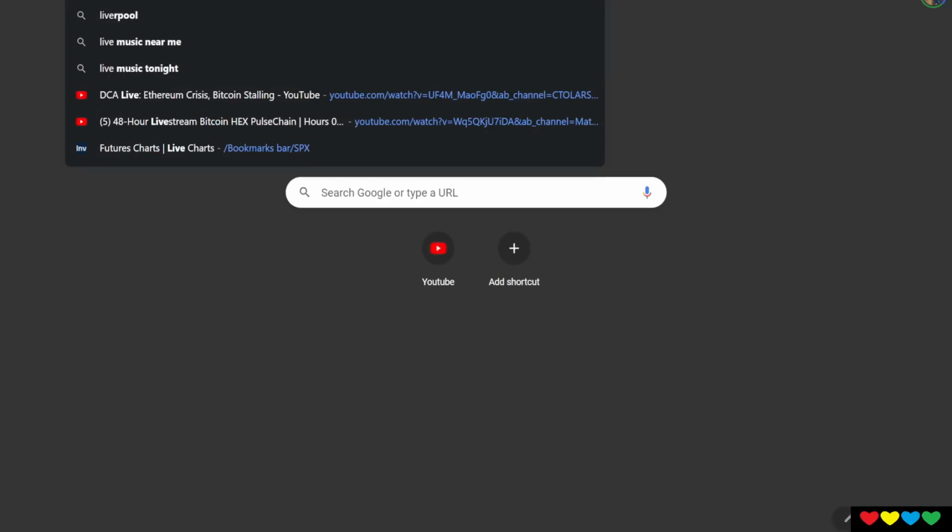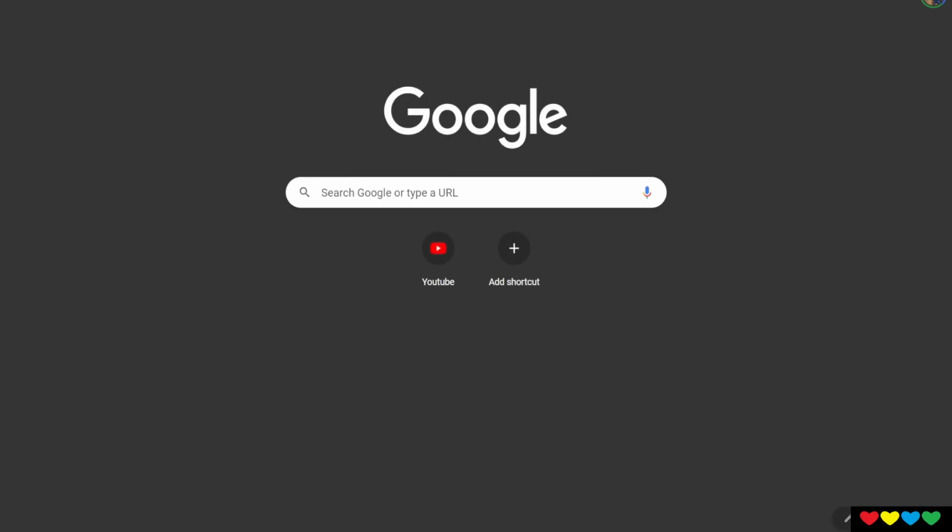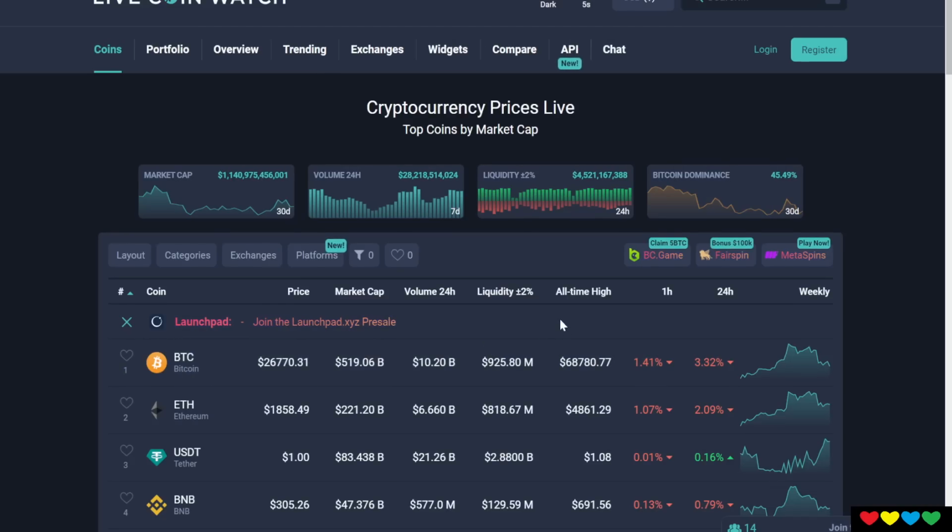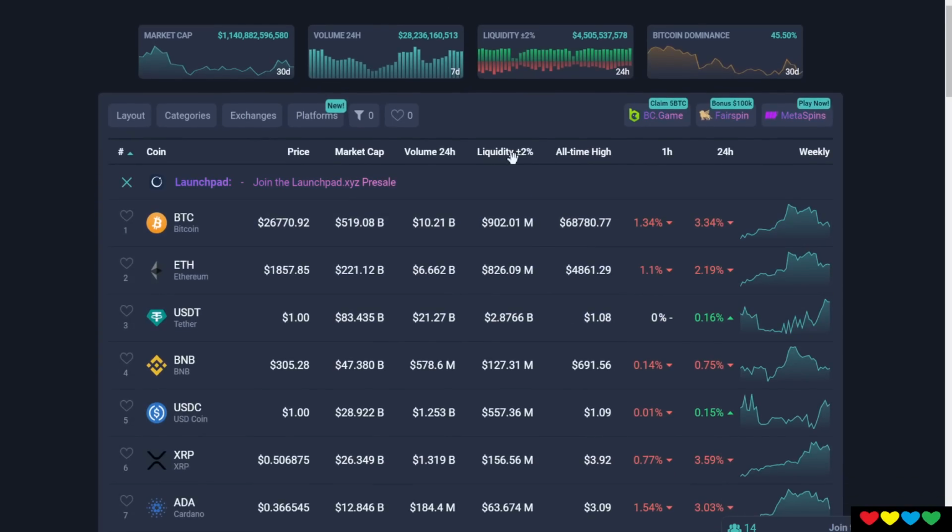It's also interesting, you can go to livecoinwatch.com. It's a coin ranking site, but it shows you the liquidity. And have a look at this. To move Bitcoin 2%, you need $900 million up and down. So basically divide it by 2 to move it up. Just one side. It's $900 million for the bid and the ask. You just want to know what's on the ask. So $450 million would move Bitcoin up 2%.